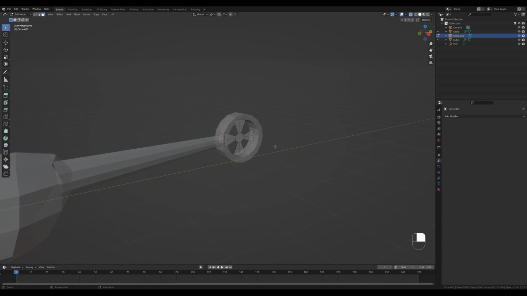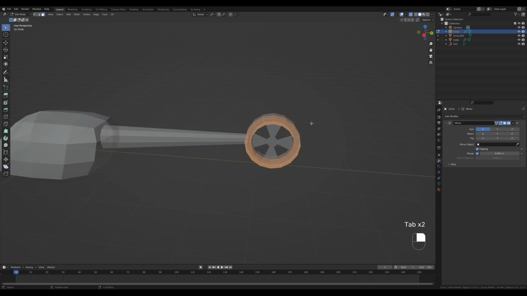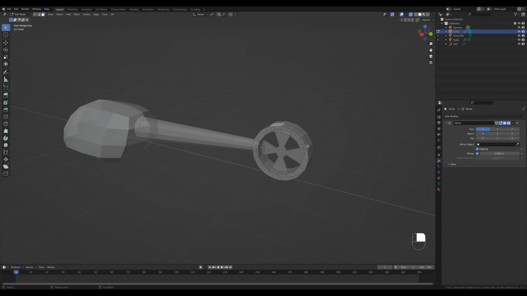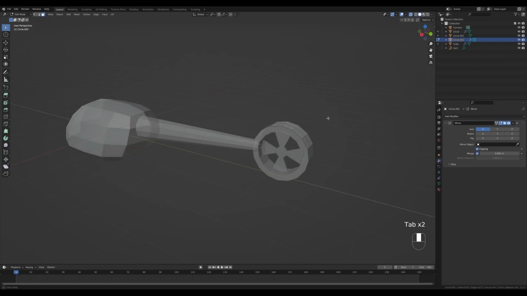So this will be a little propeller here, so let's press A to select all and E to extrude. Now let's tab out and let's select this ring once again, and I want to select these top faces, so let's select one of these and hold Ctrl and click here. Now press Shift D to duplicate, right click to release in place, and P, enter to separate into a new object. Now tab out, select that new object and tab back in.